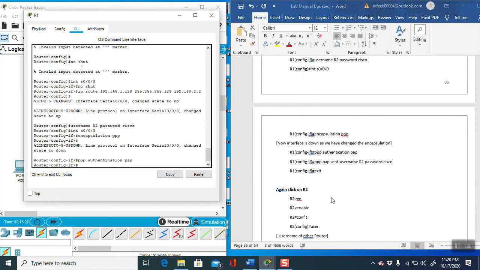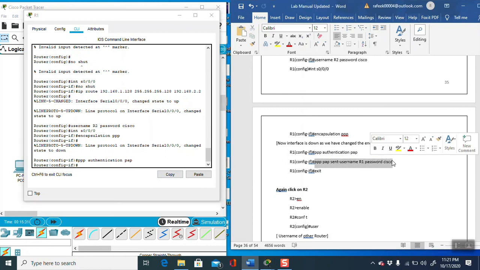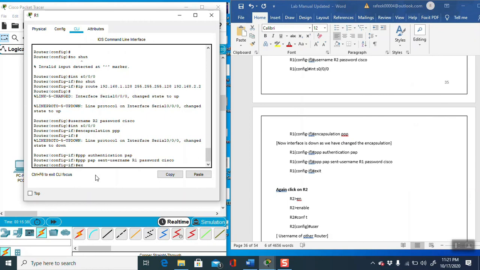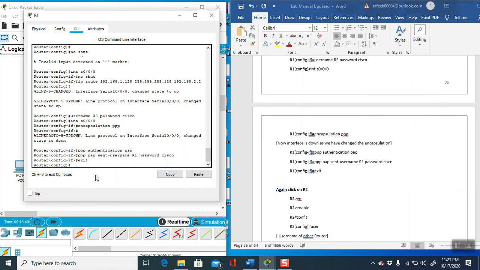After this, copy the authentication command and paste it here. Now I have finished the router 1 PPP and PAP commands.